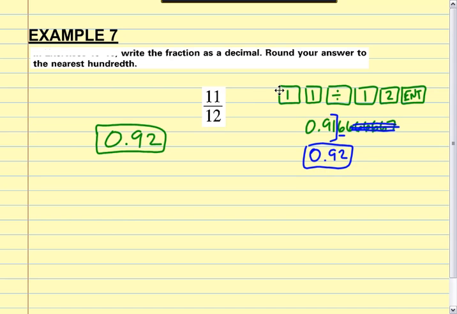The top number always goes in first. The top number goes in the calculator, and the top number